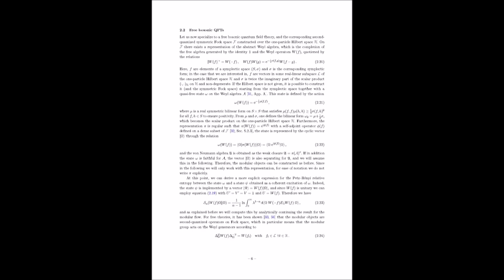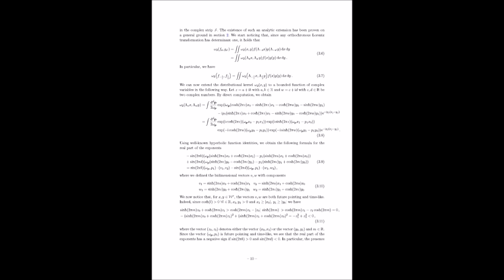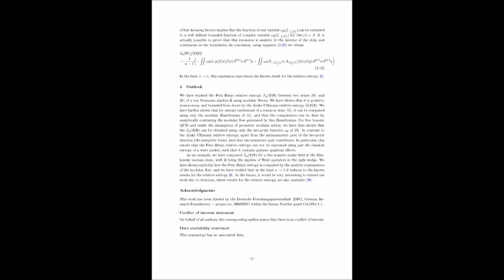And to further solidify this connection to quantum mechanics, they demonstrate how the Petz-Rényi relative entropy can be derived from the concept of standard subspaces. Ah, yes, those standard subspaces. Can you remind us how those fit into the picture? Standard subspaces provide a framework for understanding localized regions in quantum field theory. And the authors show that the Petz-Rényi relative entropy can be understood in terms of the properties of these subspaces. So it's like they're giving us multiple perspectives on the same quantum object, each revealing different facets of its structure. Precisely. And by connecting their results to the well-established framework of standard subspaces, they're showing the robustness and significance of their findings. But they don't stop there.